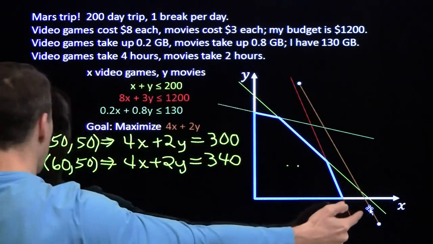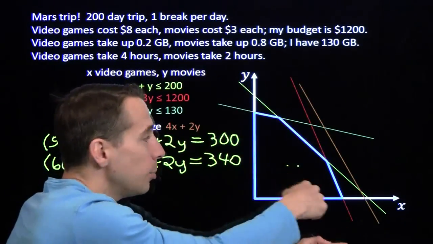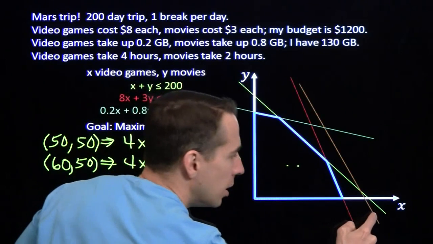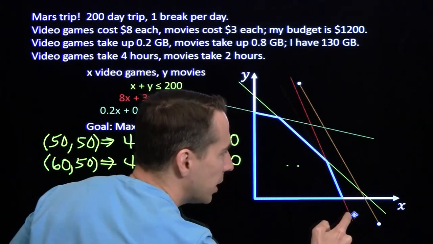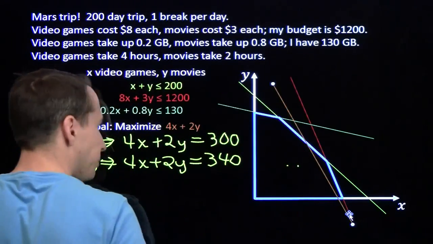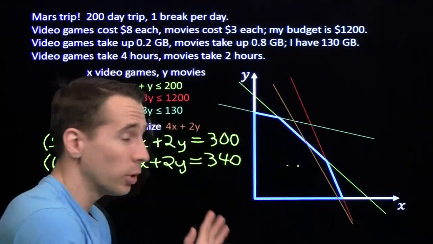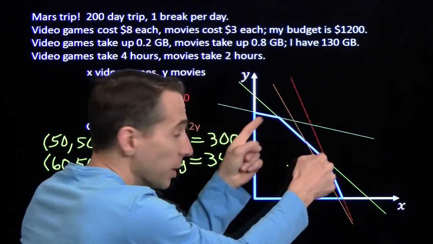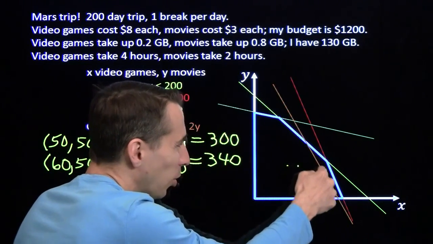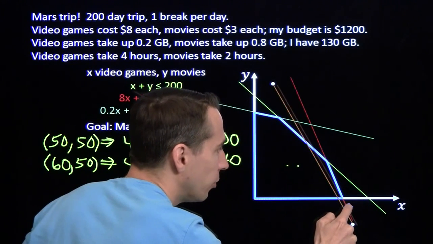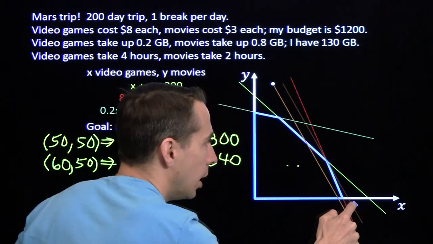I can't put the line out here because it doesn't hit any point in the blue region. This orange line won't ever hit any of those points. So I still have to make sure I hit something in the blue region. Now if I go through a boundary point but not through a corner, I still clearly can move farther to the right, because if I'm going through the boundary but not through a corner, then I'm going to end up going on the interior of this blue region again. Clearly I can move this blue line out farther.